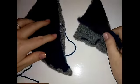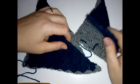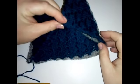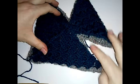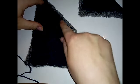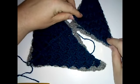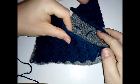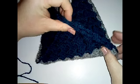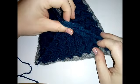Okay, so now you need to attach the third and possibly final square. So you want to take this side here, so this is the bottom piece. If you look at this, you've got your side and bottom. You want to take this side piece and pop this piece and this piece together with the wrong sides together, the right sides facing outwards, and then